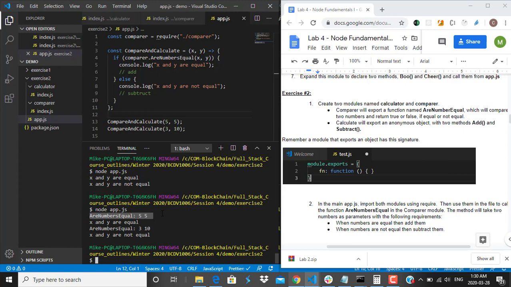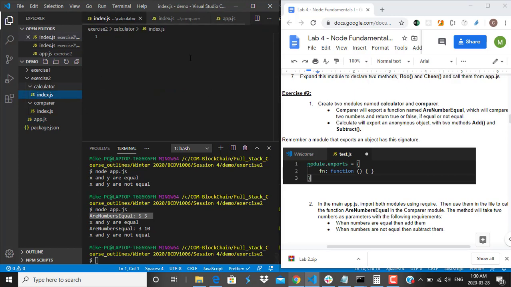So we wanted to then build a calculator out. So this is saying to us that we want to create two methods in here and export anonymous objects. So when we're talking about anonymous objects, and I'll get to that in a second, I'll change it in the way that they want it to be changed. But firstly, we can do it this way. So we can actually export out add